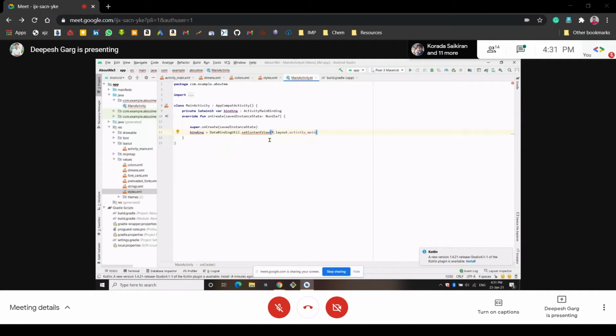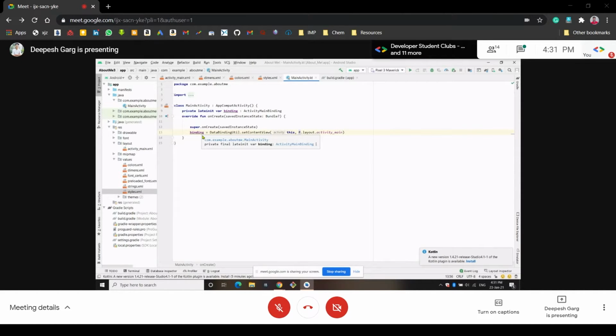Okay, so the instance of the activity that the user is doing is given by an operator, or you can say a keyword, called this. This keyword refers to your activity, whatever activity is done by the user. It will create the instance of this activity and pass the instance to this binding variable, and it will let the binding variable know that it has to do some function. What it has to do, we will decide in the later part of the code.